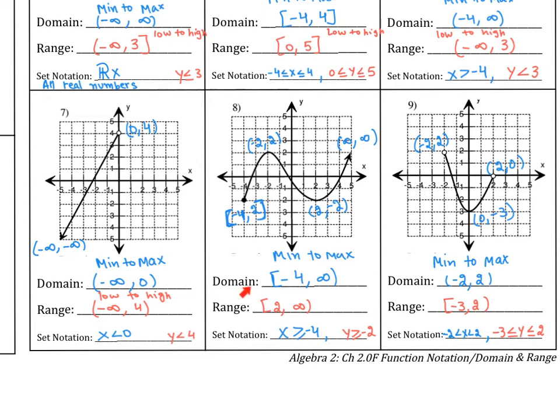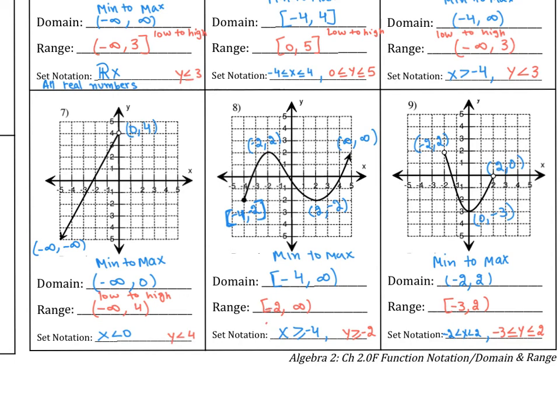So for domain, you're going to get the minimum point on the left side. So this is the x-axis. On the left side, the minimum point is -4 and the maximum is going to be infinity. For range, the lowest point is -2 and the highest is infinity. Sorry, I forgot to write here negative, so it's -2 again. So range is